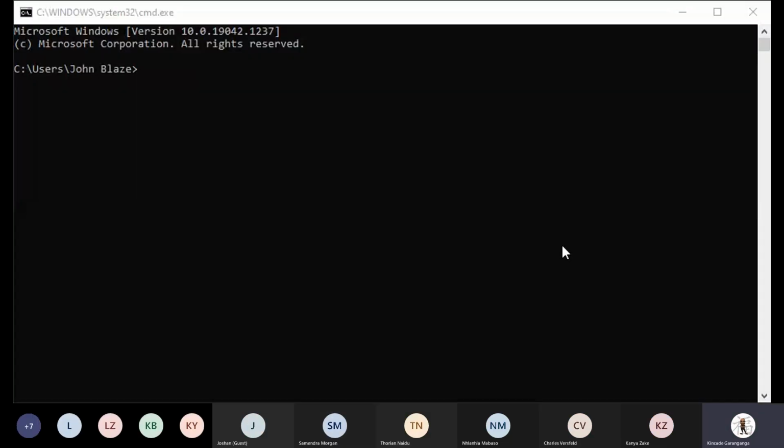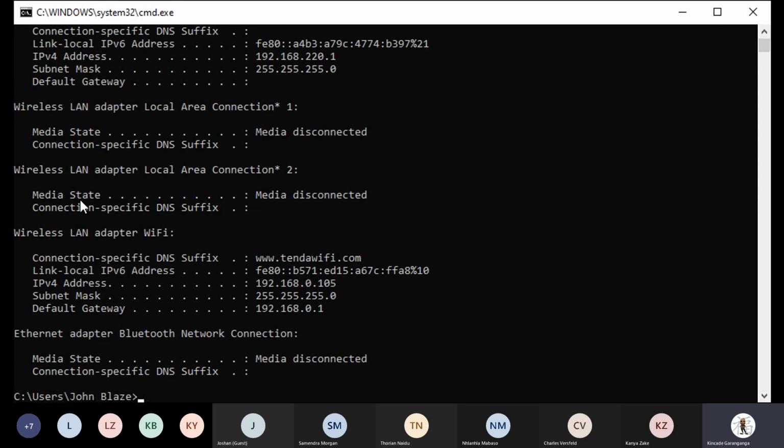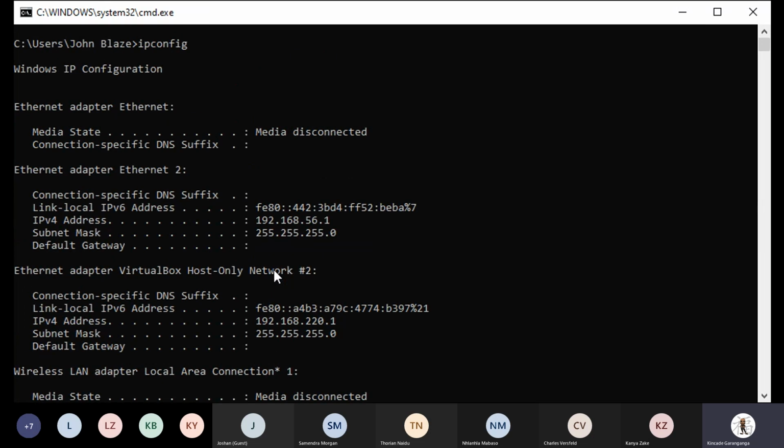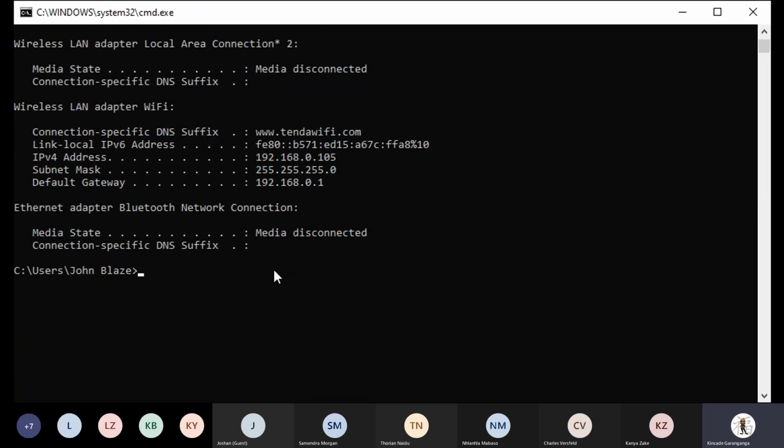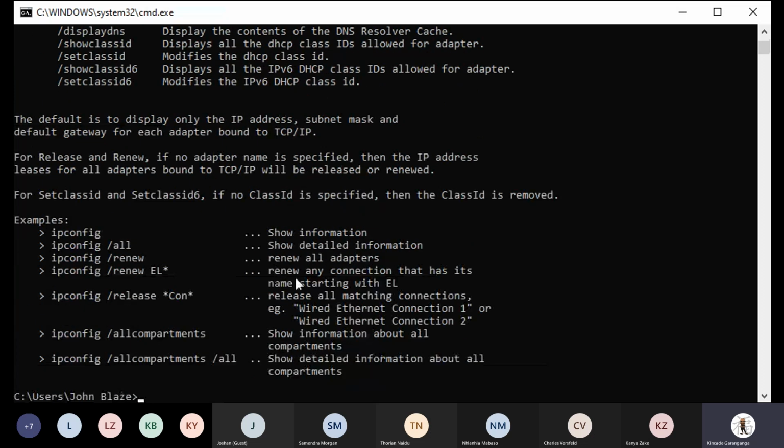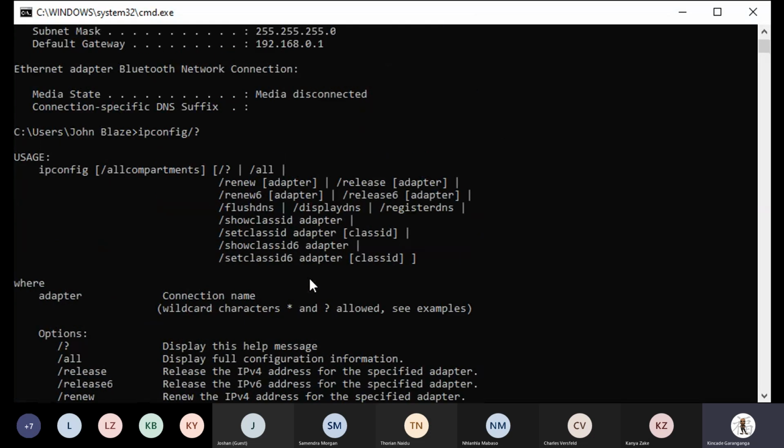I think we're all familiar with that, right? So the actual command I was talking about a couple of seconds ago is your ipconfig command. So ipconfig, and once I hit enter, it should just display the information associated with the IP address setup. Remember, it can be used with multiple switches. So assuming that you're not familiar with what the switches are, you can still run ipconfig /? and hit enter, and it will show you the different options or switches associated with the actual